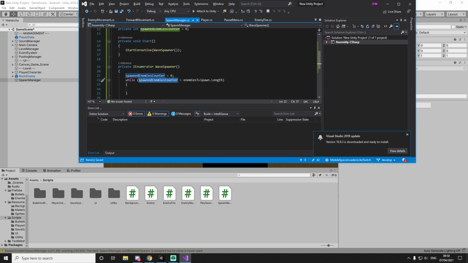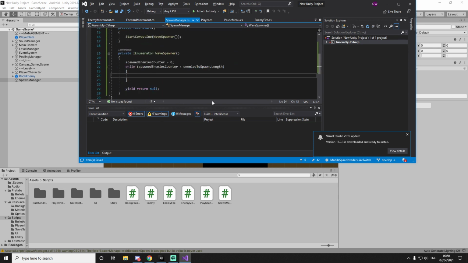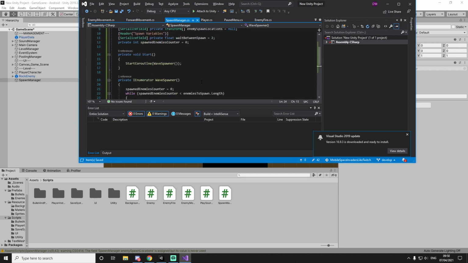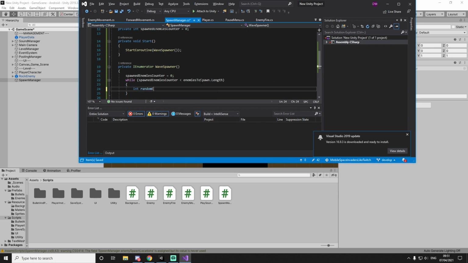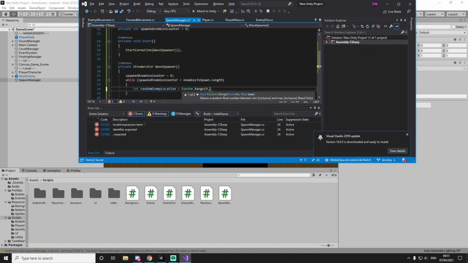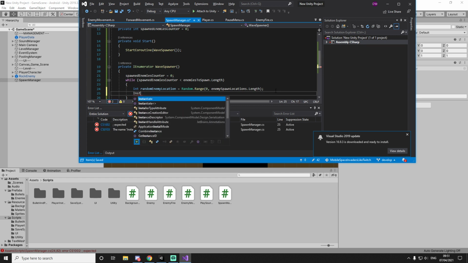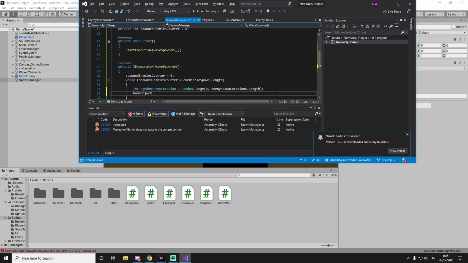So while this counter is smaller than these guys, we just keep spawning an enemy and making it appear on the screen. What we do in here is int randomEnemyLocation equals Random.Range, between 0 and the length of our location sheet. Then for now we'll instantiate, later we'll make it better. So let's just do GameObject enemyToSpawn, and that's going to be equal to